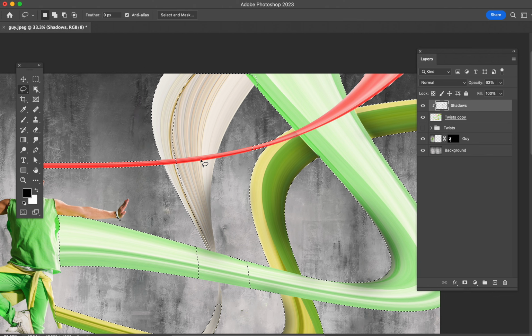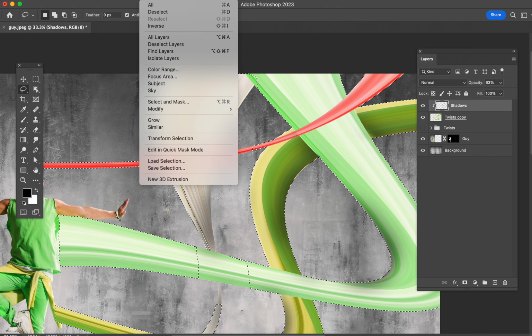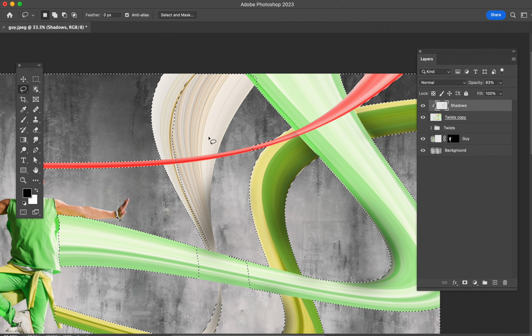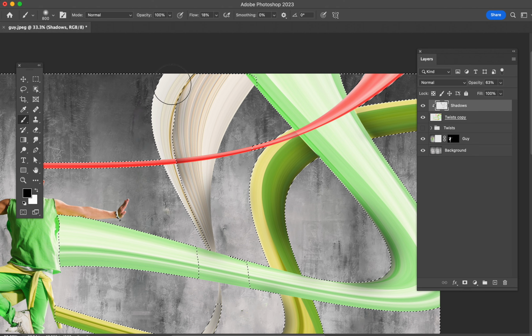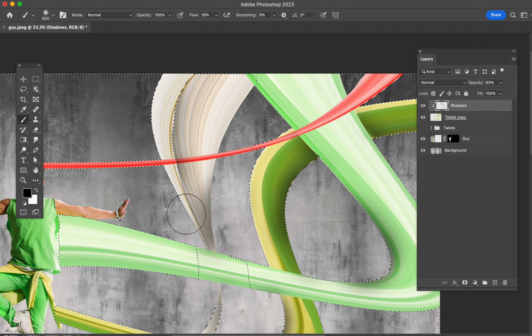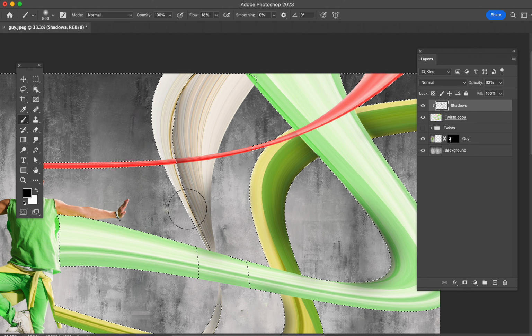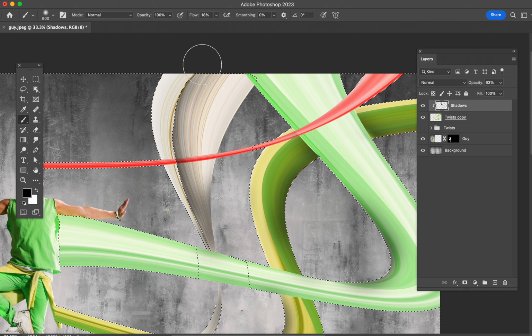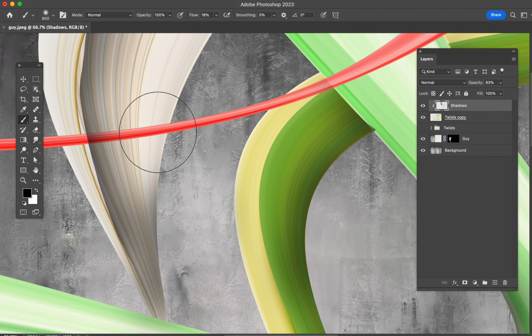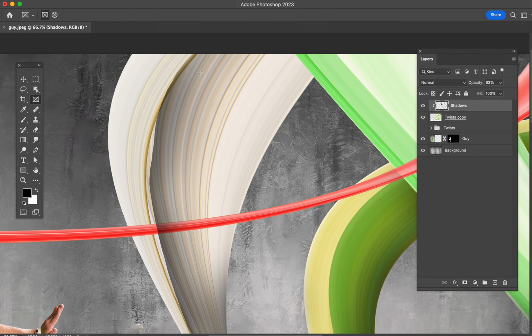Okay. And I actually want to do the inverse of that. So I'm going to hit inverse, get my black back out, and paint kind of a shadow within this crevasse here. Maybe a little bit darker. There we go. Alright, so Command D. And I would want to re-go over this. Right? Like